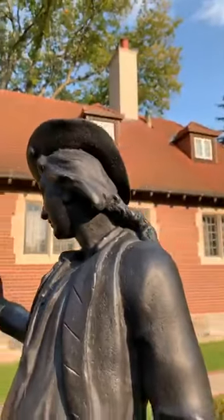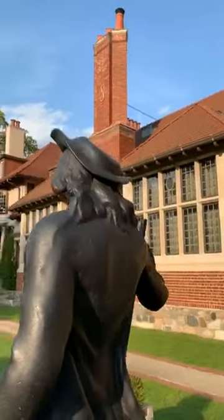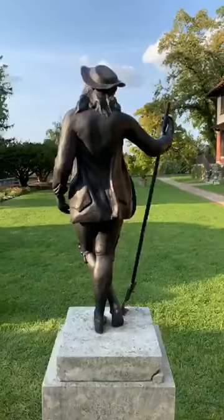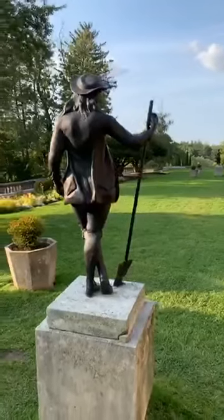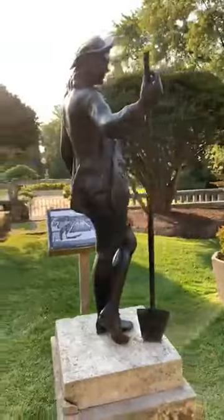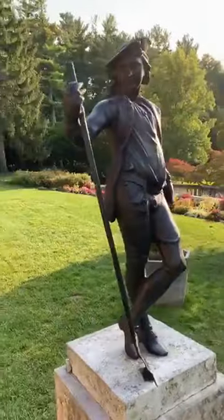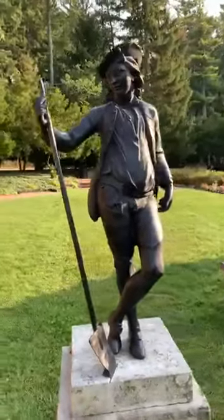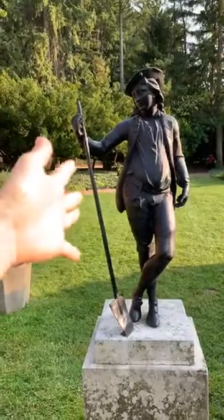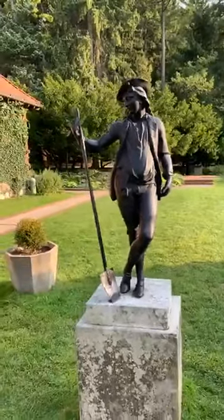But he joined his brother, who is also a sculptor, and they did a number of equestrian statues around England. But John Cheere really made a name for himself doing picturesque garden sculptures. And so he did hundreds and hundreds of these lead garden sculptures of bucolic English scenes, very English art to do, sort of gentlemen farmers and shepherds. Ours actually may have been a shepherd before he was a farmer, because in early photos it looks like he's holding a shepherd's rod, and then he's holding nothing. And so there's debate about whether he was holding a spade or a rod, but we went with the spade